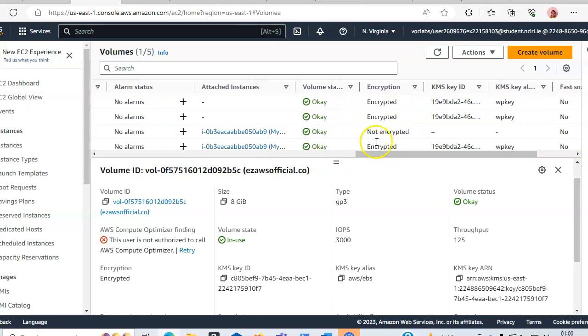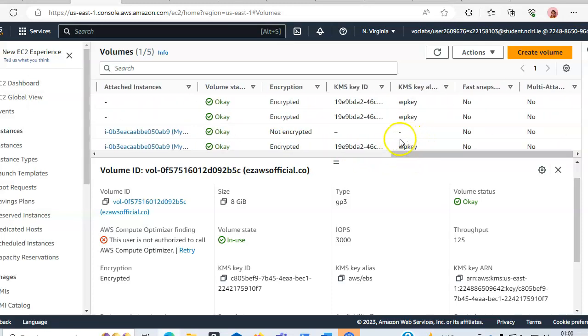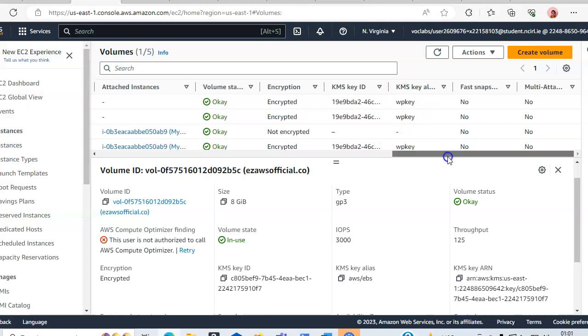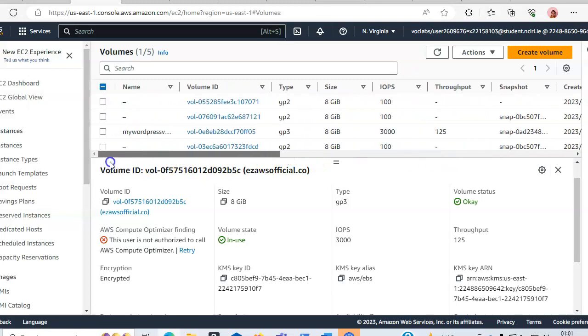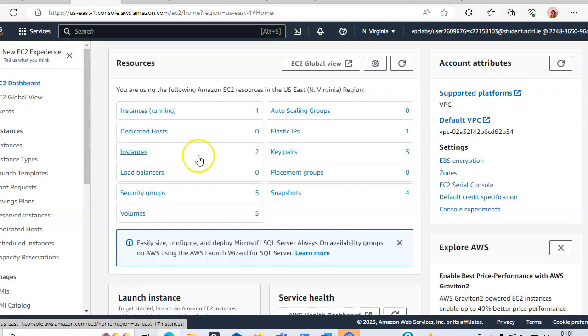And this is, as I mentioned, encrypted. The key name I gave for the KMS key is WP key. So this is the volume. Furthermore, I have created a